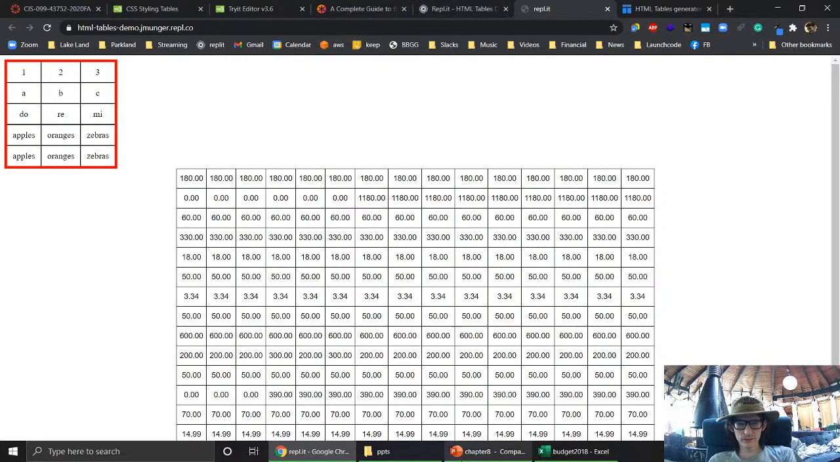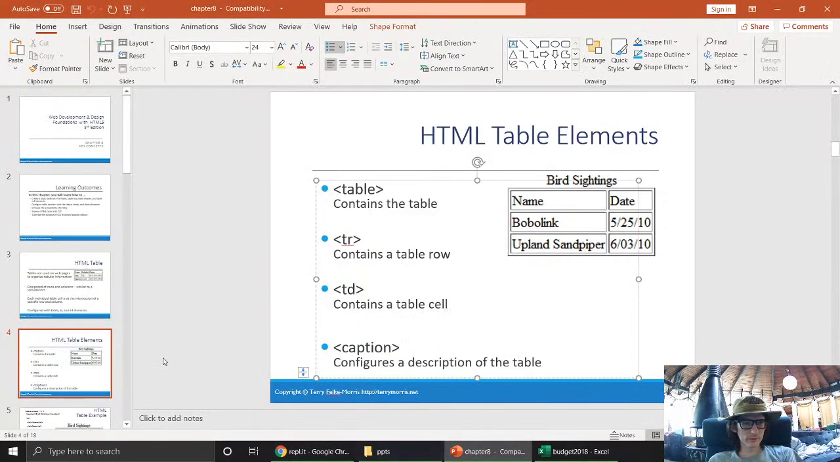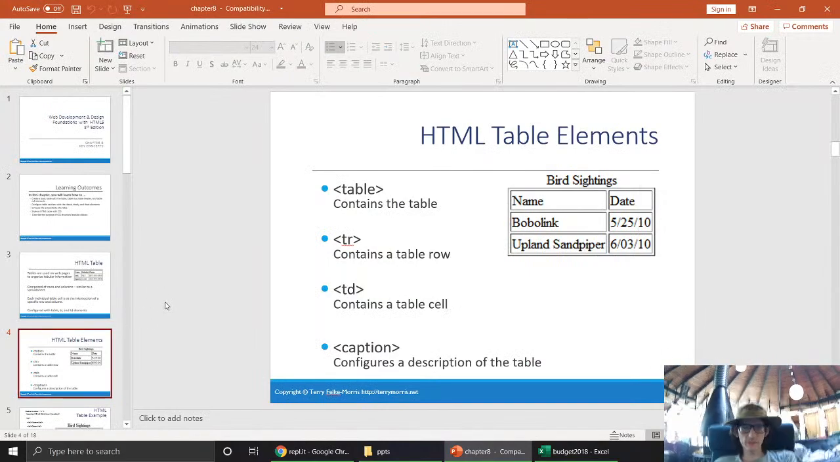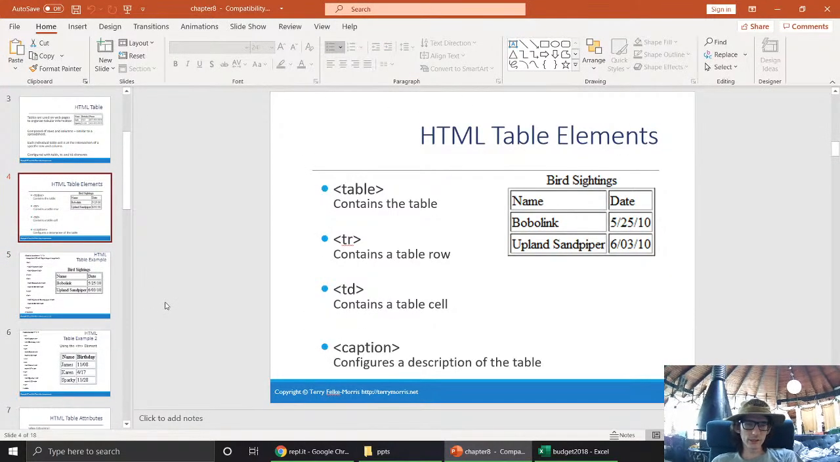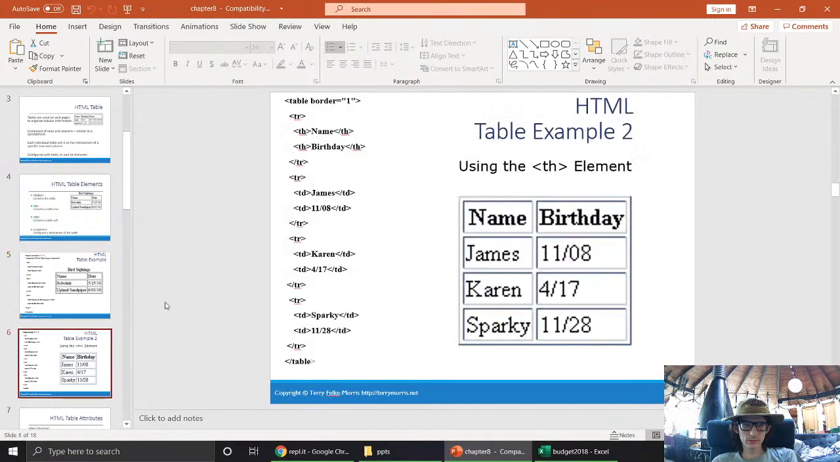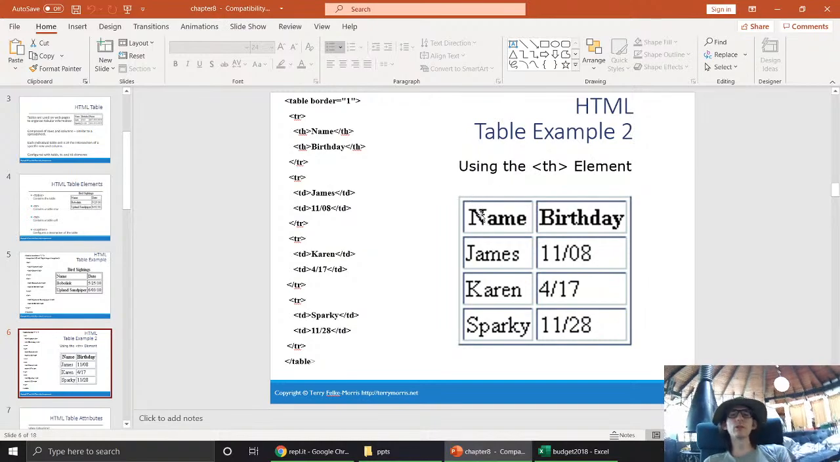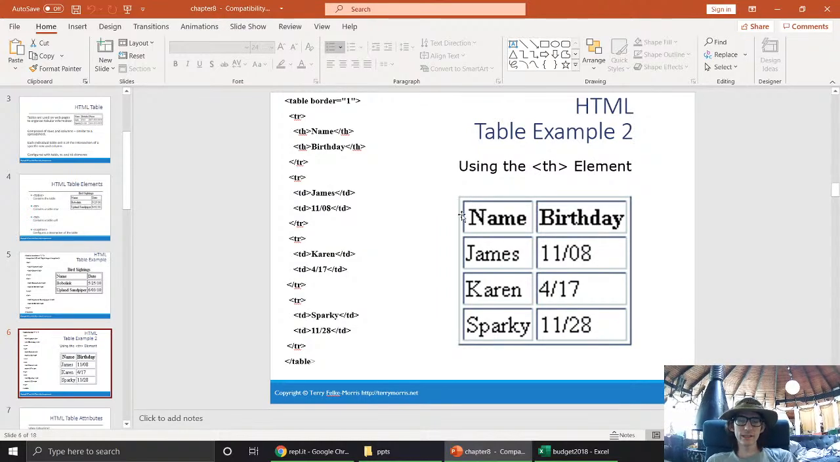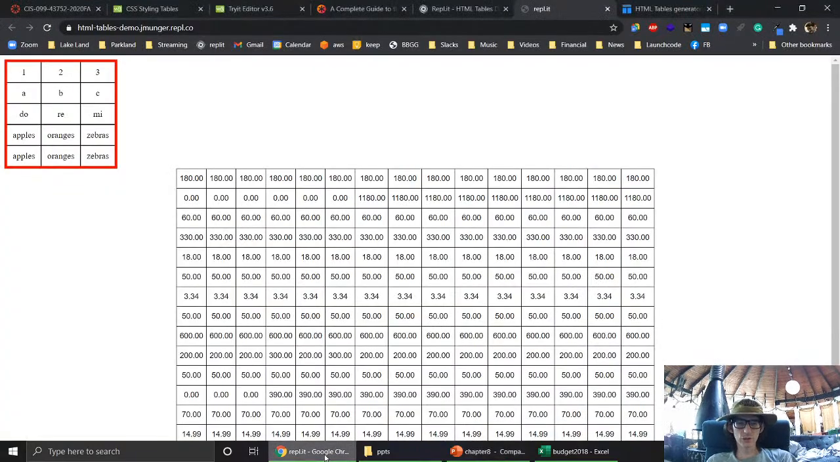Alright. There's a few little things we should talk about. They also show you the TH element, that stands for table header. So in your first row, if you want headers, instead of using TD for each cell, you just use TH. Okay, that's simple, right? So let's generate another table